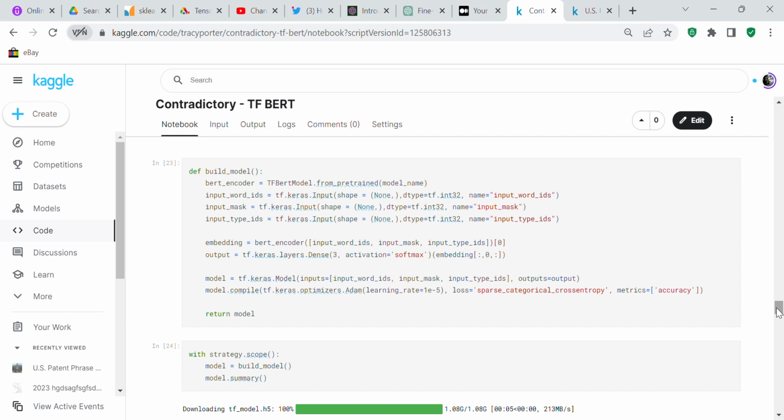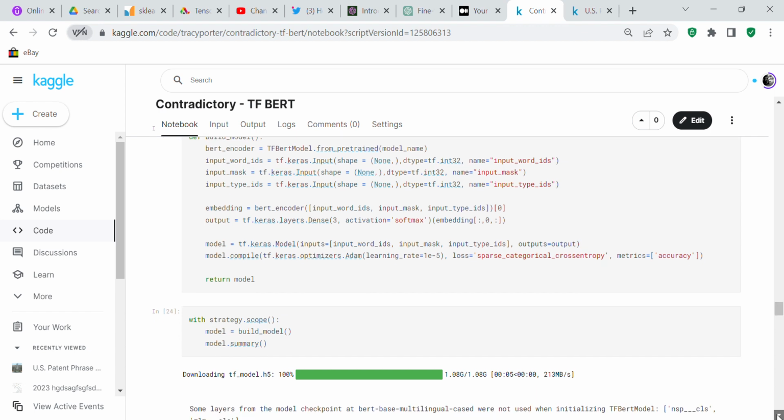That is what the problem was, because they were saying lr, which was deprecated, and it didn't even give me an error saying lr was deprecated. It just went into error. It didn't go into error until it tried to train the model. So learning_rate equals 1e-5, loss equals sparse_categorical_crossentropy, and metrics equals accuracy,